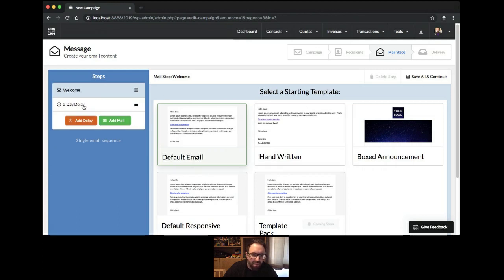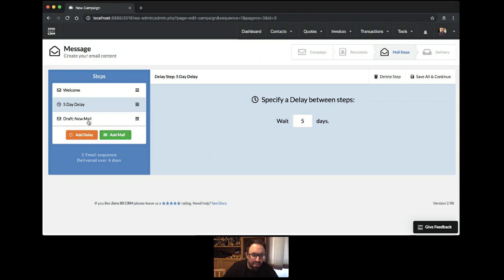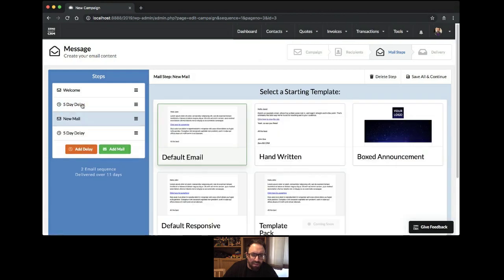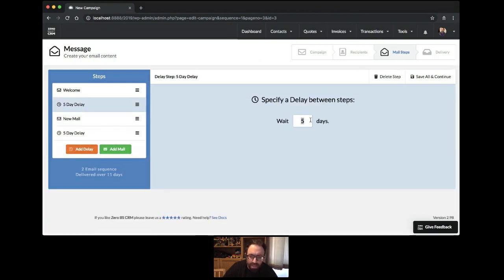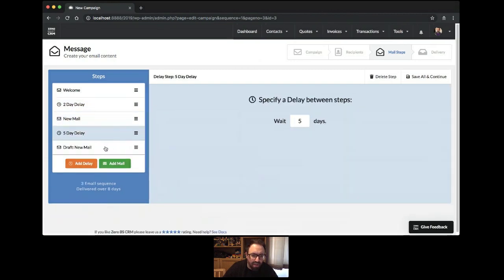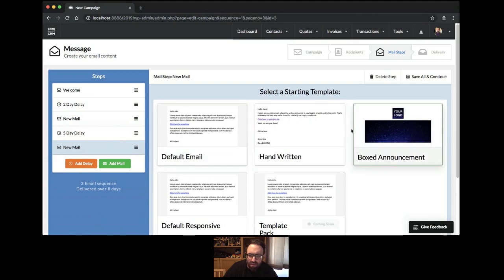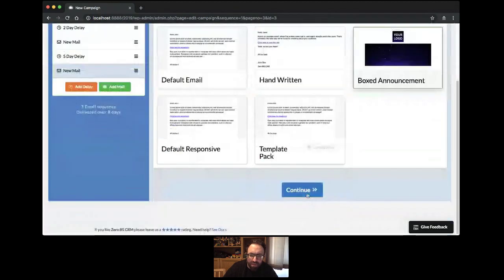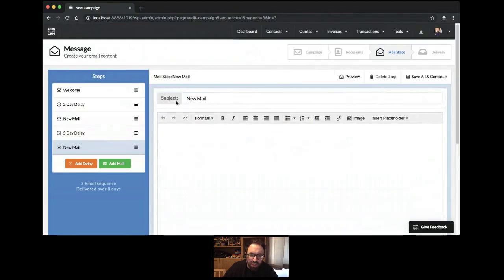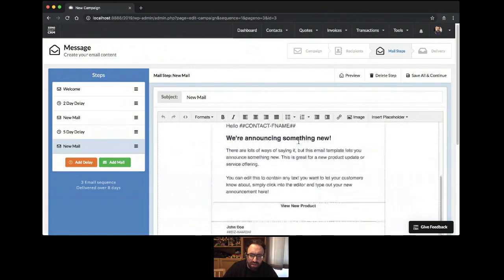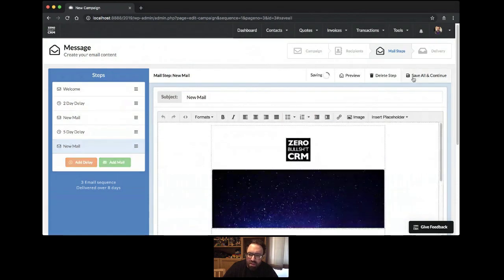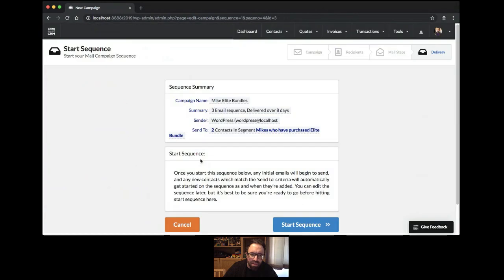So you can add delays, you can add more emails, you can add more delays, you can change. So wait 2 days, send the next email, wait 5 days, send the next, and you can decide what content goes into each email. So you can go in and edit the content. And then once that's done, you've set up an email campaign. So it's a 3 email sequence going out over 8 days to people in the segment of Mikes who have